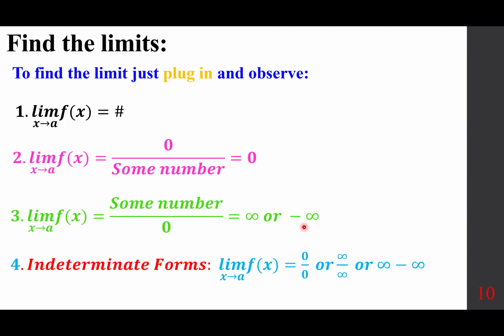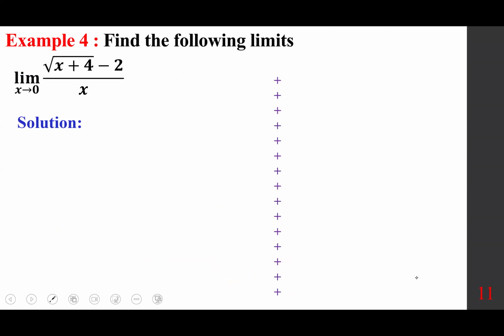However, in calculus, most of the time we end up with the indeterminate form. There are different types of indeterminate forms, such as limit of f of x as x approaches a is 0 over 0, infinity over infinity, infinity minus infinity. And what that means is you have to use your algebraic technique to come up with the correct answer. So in short, it means more work. So for example, the limit of the square root of x plus 4 minus 2 over x as x approaches